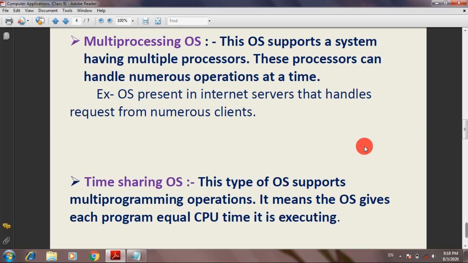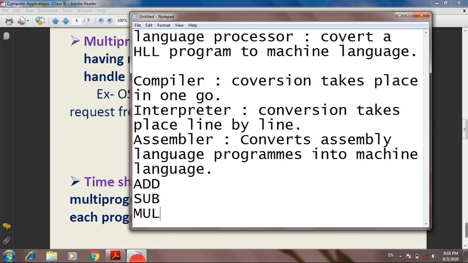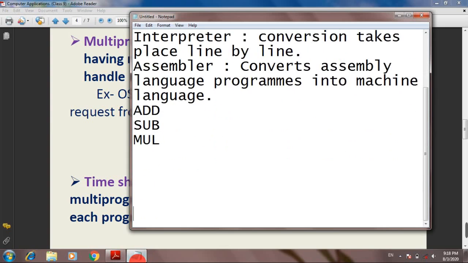The next one is time sharing operating system. Time sharing operating system actually gives equal time interval to all the currently running processes. For example, if there are four processes running in the computer, let us take these as P1, P2, P3 and P4.